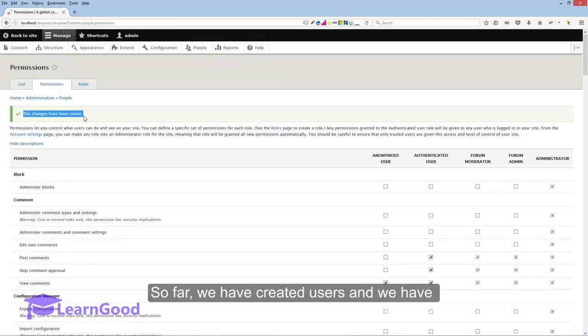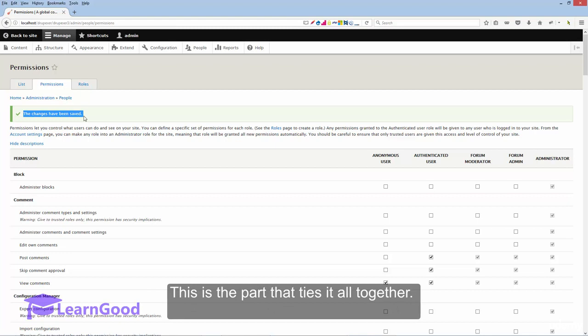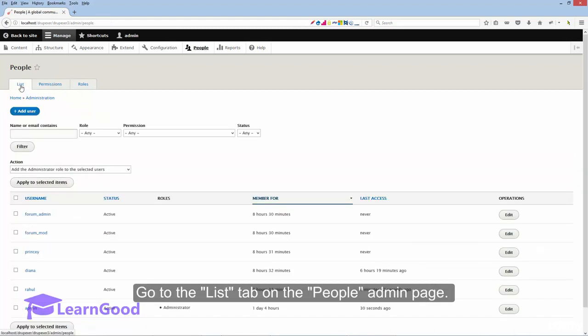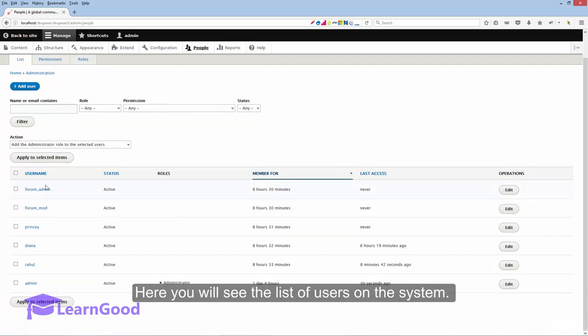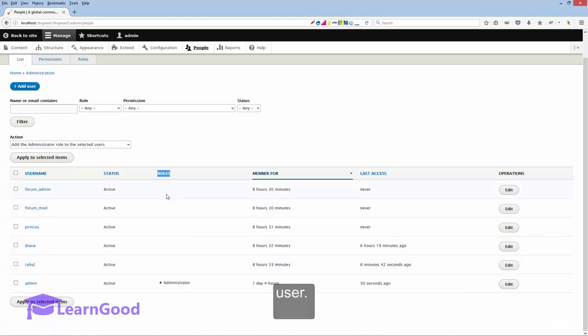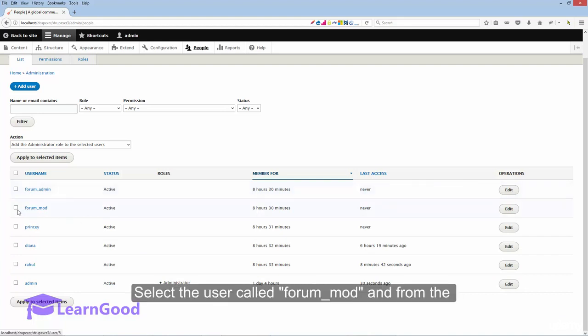So far we have created users and we have created roles and we have set permissions. What remains is to assign users to roles, and this is the part that ties it all together. So to do that, go to the list tab on the people admin page, and here you will find the list of all the users on the system. Remember, if this roles column is empty for any individual row, then it means that the user is an authenticated user. First, select this forum mod user,